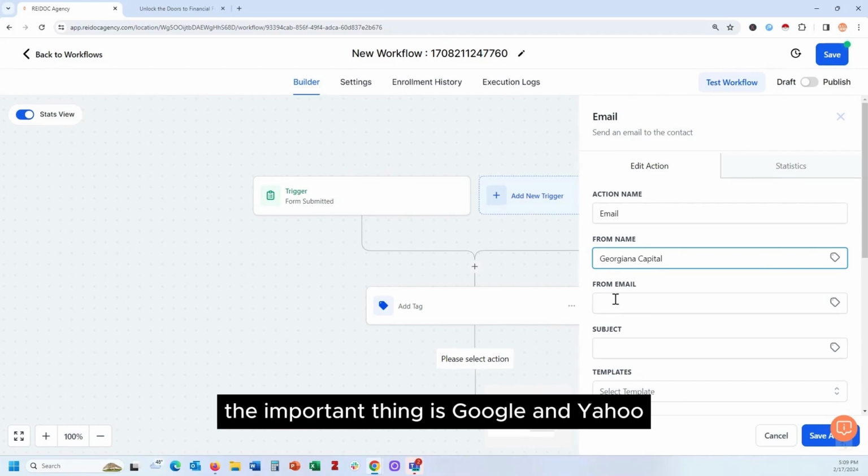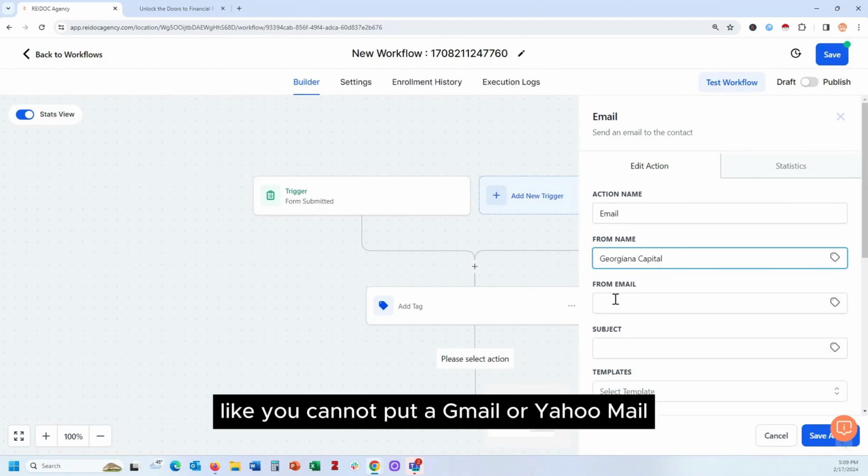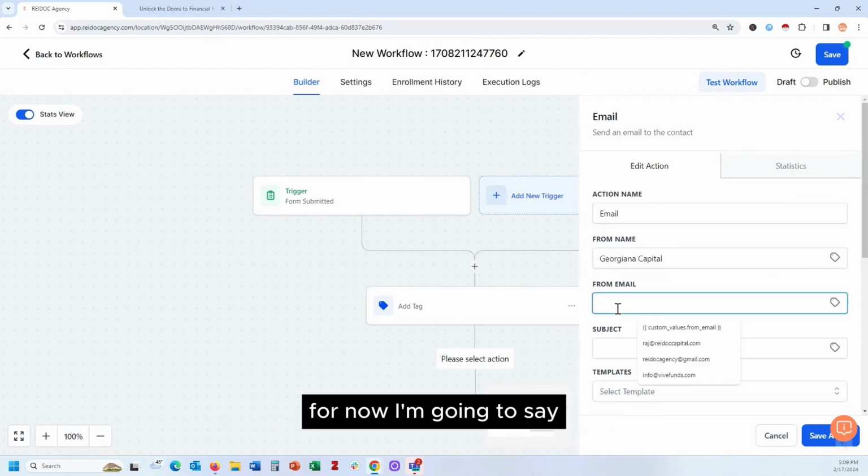The important thing is Google and Yahoo don't want a from email that is a Gmail or Yahoo mail. They want a professional address. For now, I'm going to say